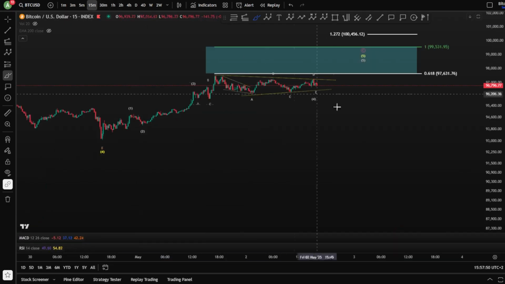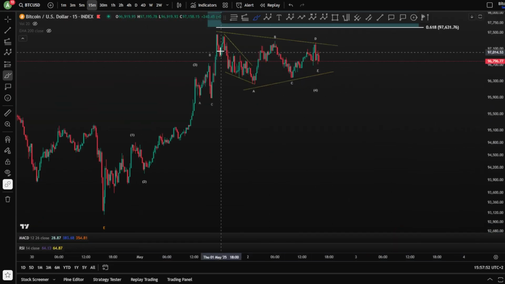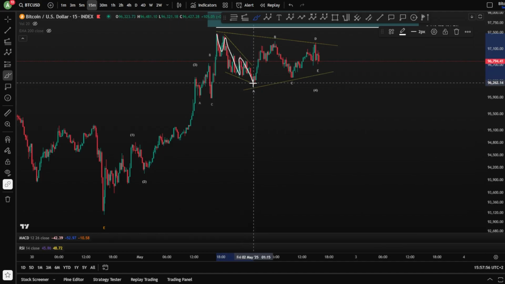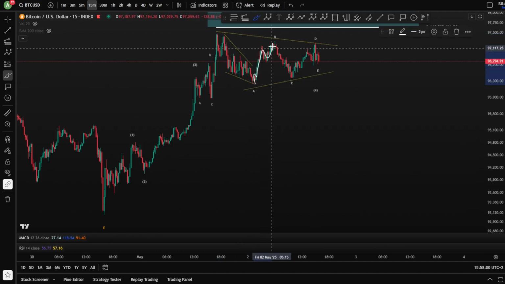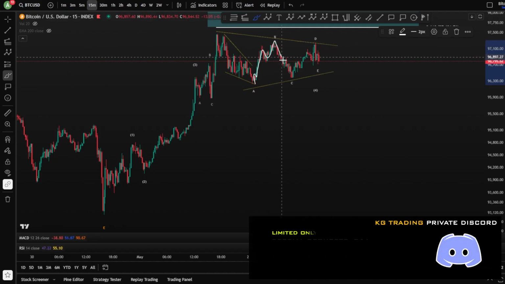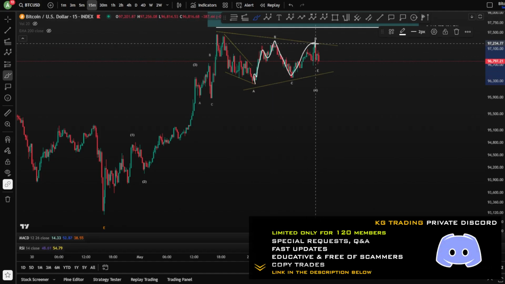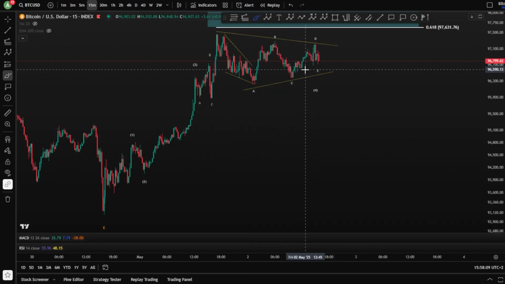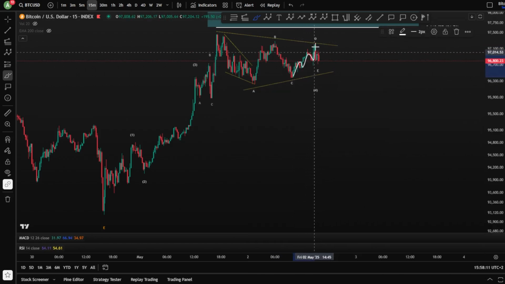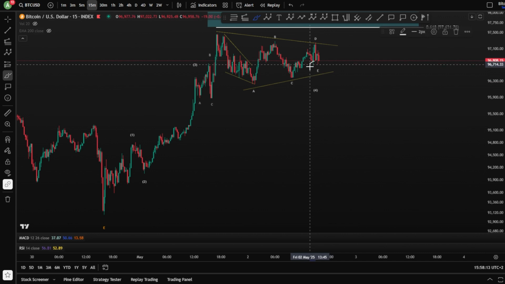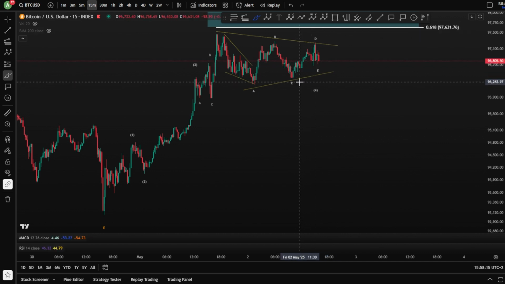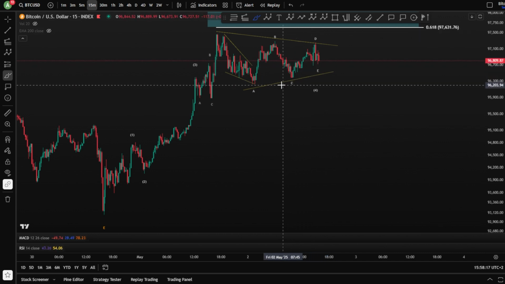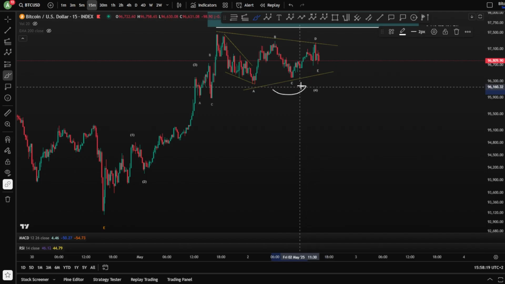However, on the 15-minute chart, we can see also that at the same time we have kind of a 1, 2, 3, 4, and a 5 impulse toward the downside, and of course followed with another impulse again toward the upside. Now this is corrective and this is another impulse, or potentially 5 waves toward the upside. However, it doesn't look impulsive, it looks much more like a diagonal. However, this is of course expanding, which is a very rare case scenario,